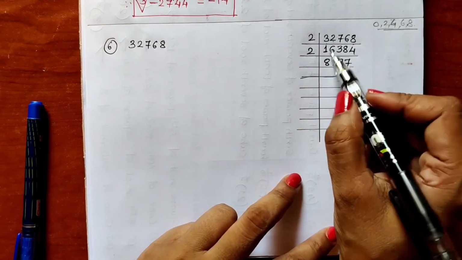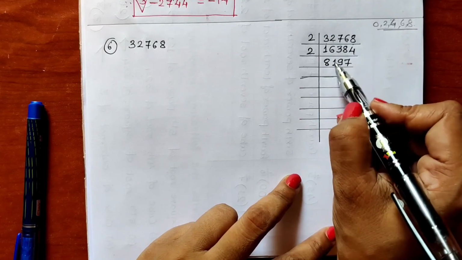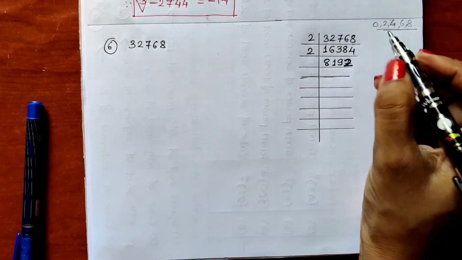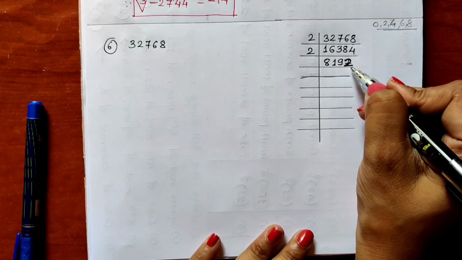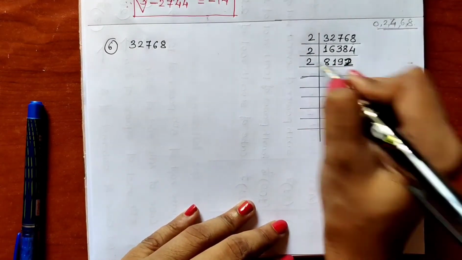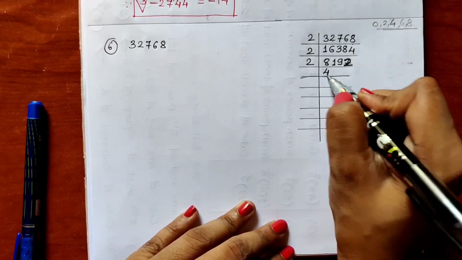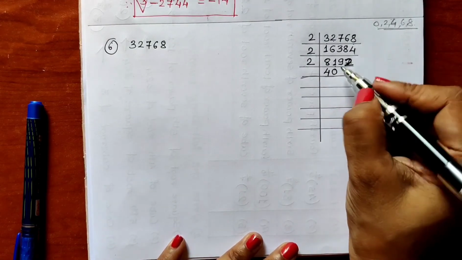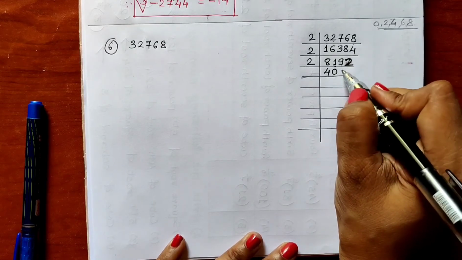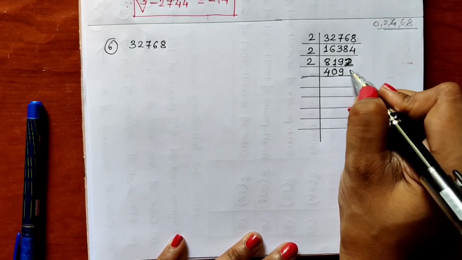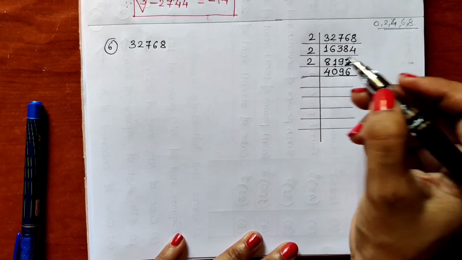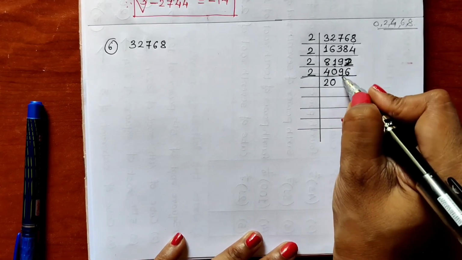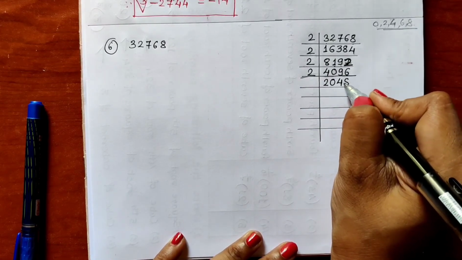Here there is a mistake. 2 8s are 16, 2 1s are 2, 2 9s are 18 and 2 2s are 4 should be there. 2 2s are 4. Correct. Now 2 is in the unit place, that means again it is divisible by 2. It is an even number. So 2 4s are 8. 1 is there, 1 is not divisible by 2, so we have to put 0. 19 we get, 2 9s are 18, 1 remaining, 2 6s are 12. Again 6 is in the unit place, it is divisible by 2. 2 2s are 4, 2 0s are 0, 2 4s are 8 and 2 8s are 16.